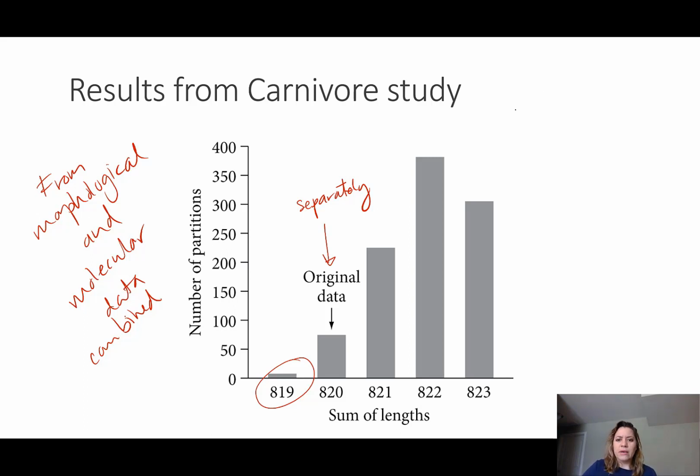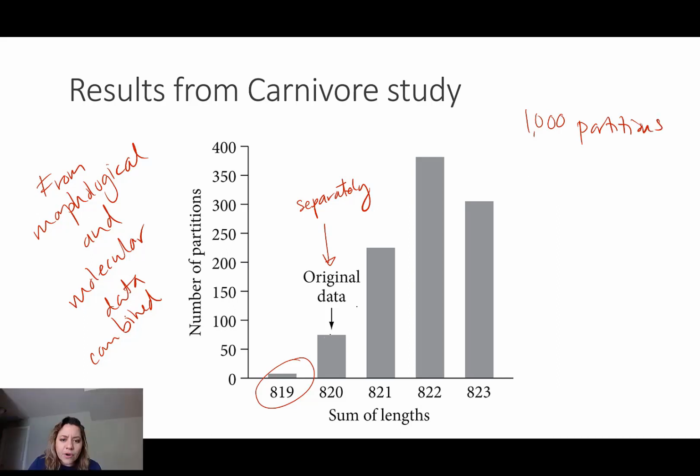So if we think of this as we ran 1,000 different random partitions in the ILD test, and let's imagine that there are 8 in this range of 820 steps plus the couple that are in the 819 step range, there were a total of 85 trees that are equally good, that are equally parsimonious or shorter